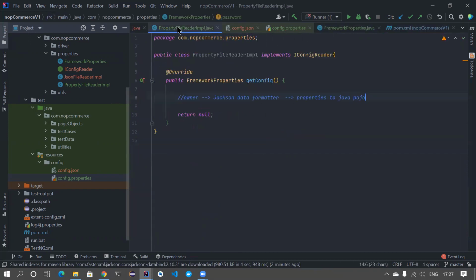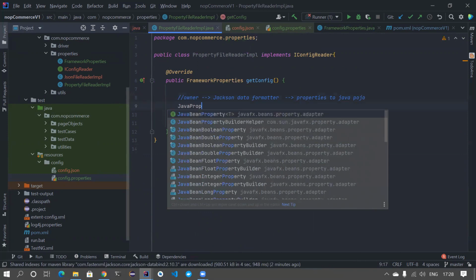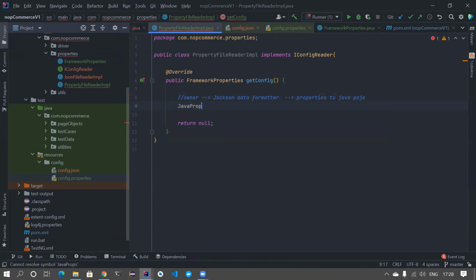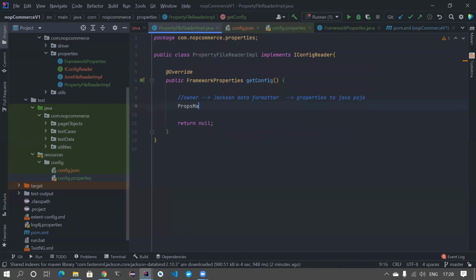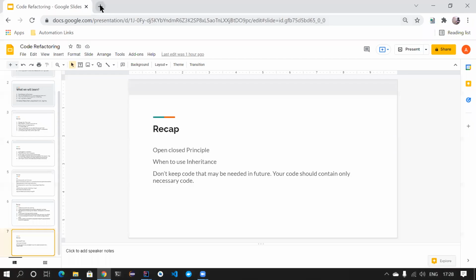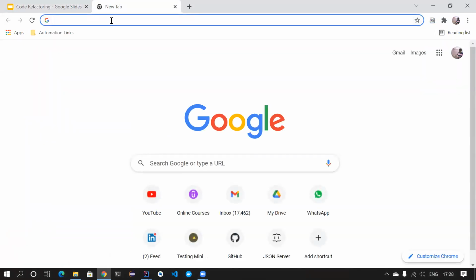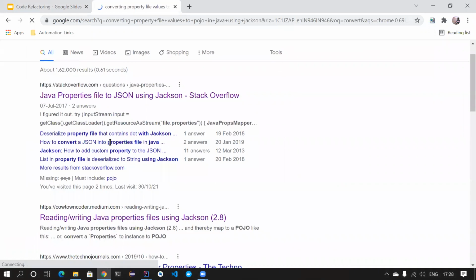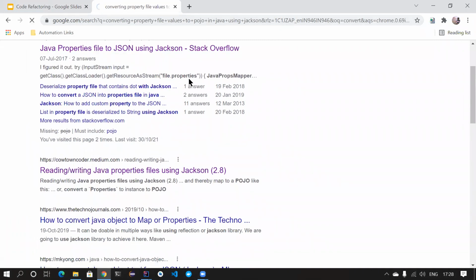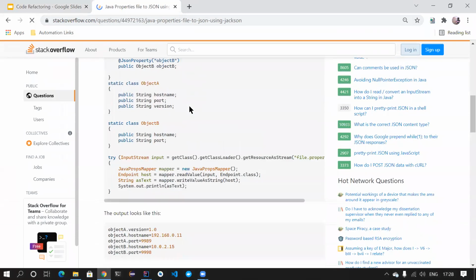Okay, good. So let me go there, and here I'll use this. Okay, I think there is a class called Java props, props manager. Okay, really guys, I don't really know what the class name is that we need to use. So what I do, see, I'm not a robot to memorize all the classes. So let's go and use converting program using Jackson. Okay, we'll use this, and let's check what class name they are using, because I really forgot about it.